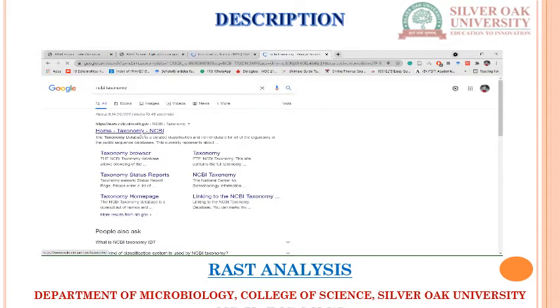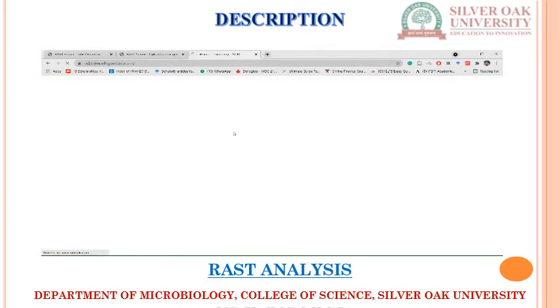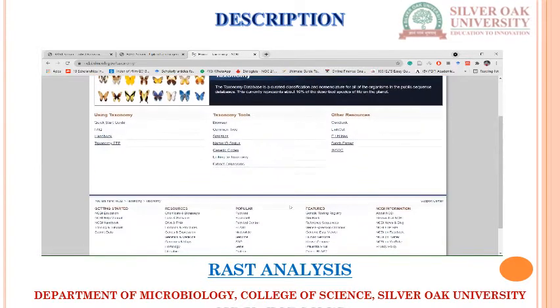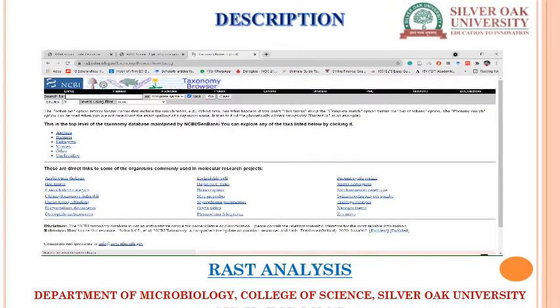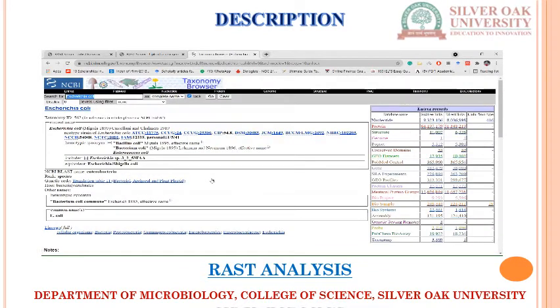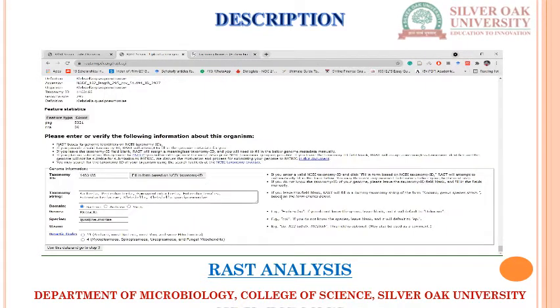So, the home taxonomy page on NCBI, where you will see it. Depending on the taxonomy, click on the browser, then taxonomy tools. If I click on Escherichia coli to get the taxonomy identification number, you can see that the taxonomy ID for Escherichia coli, E. coli, is 562.